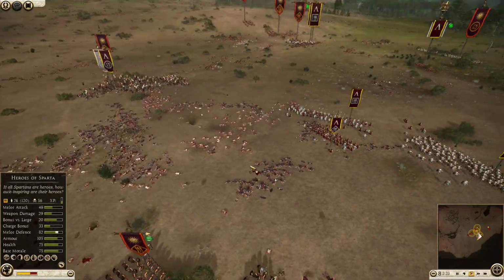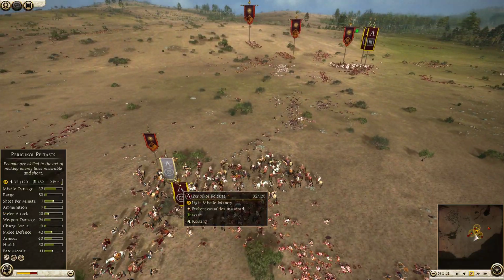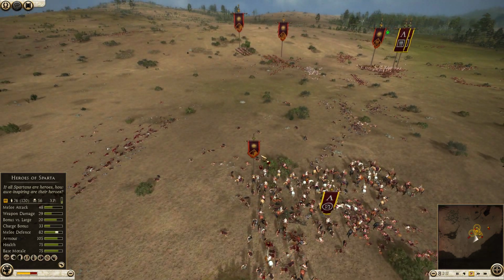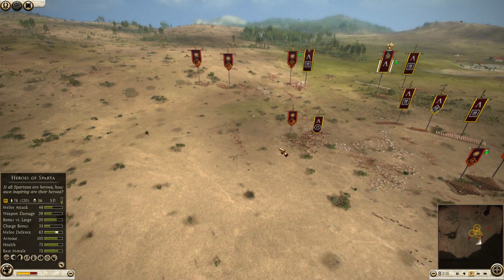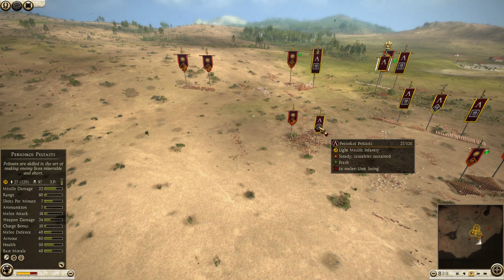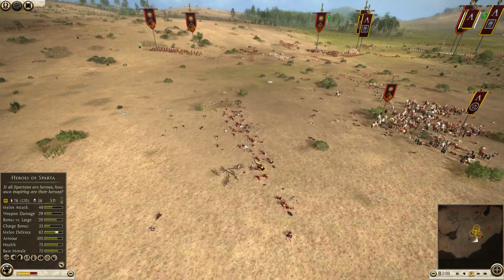So he forms these squares again. Oh yeah, this was interesting. I attack this citizen cavalry, and I think at this point he pulls it out. And then